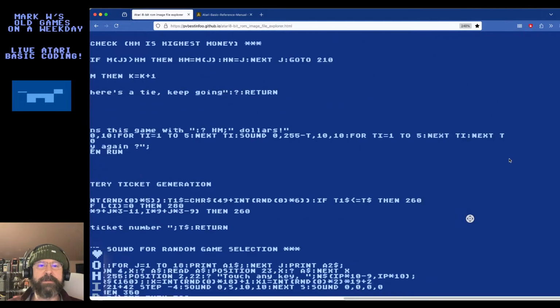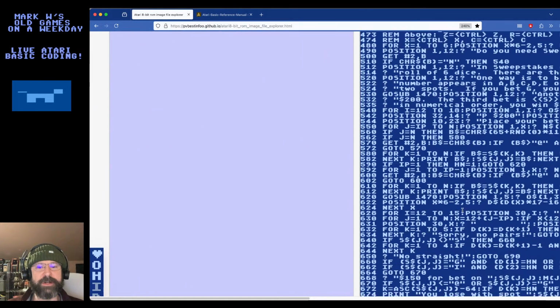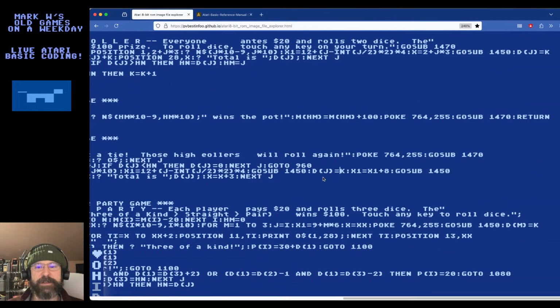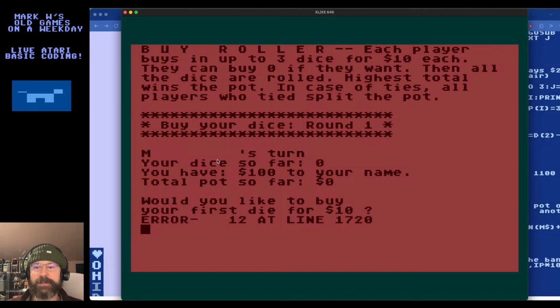All right, now we're going to do our save. Hopefully I have this whole loop still working. In other words, the whole programming loop, the development loop, you could say, where I hit the button to save it, and then I can load it up in the emulator and test.